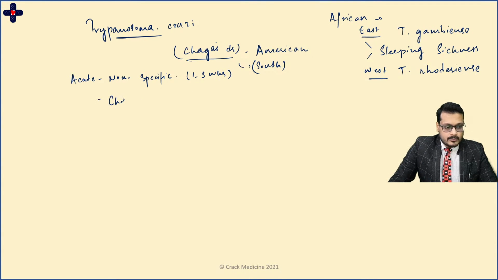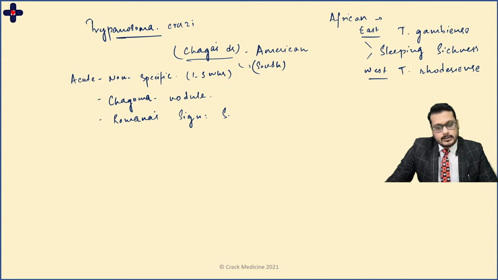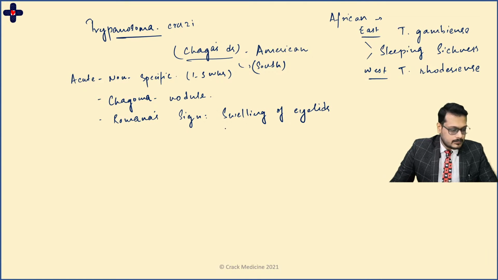But then you have something called a chagoma, that's a nodule. Okay, and then you also have something called Romaña's sign. Romaña's sign is swelling of your eyelids or periorbital swelling. Okay, so these can be there in the acute one, and the chronic infection is the one that is the most